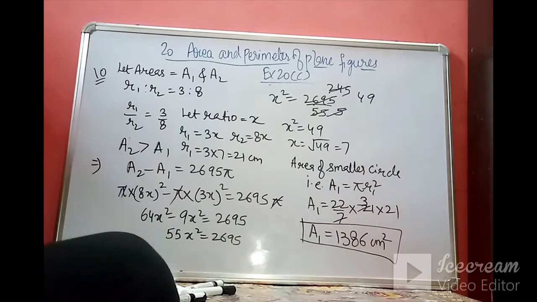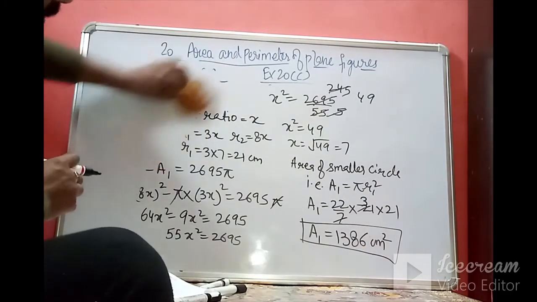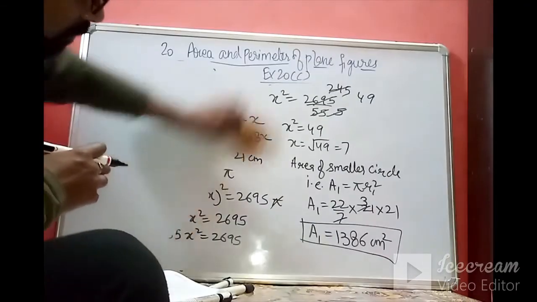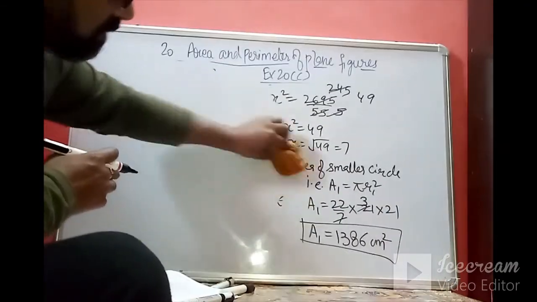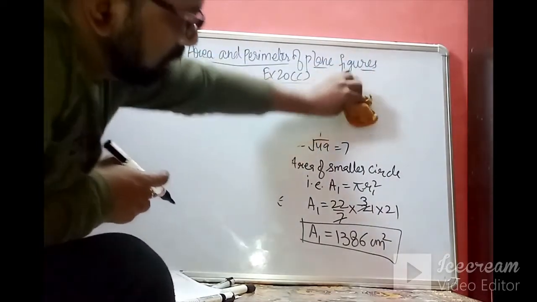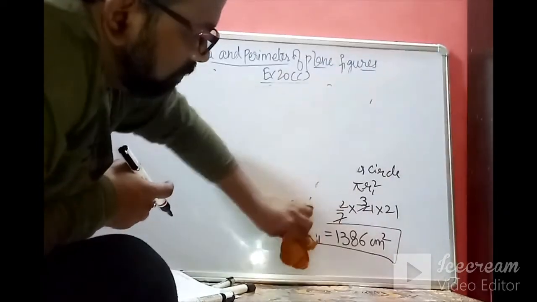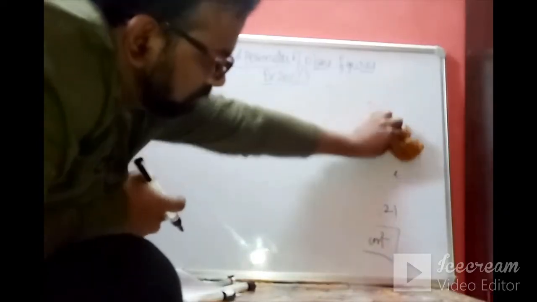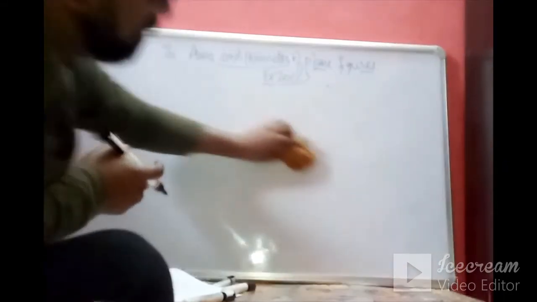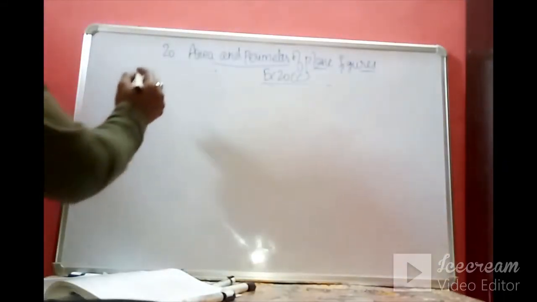So in this we have used the concepts of ratio also in order to find the values. Let's have a small discussion or review of the concepts of area of the ring as well as area of the track. So ring you already knew. You have done these questions in the previous class also.